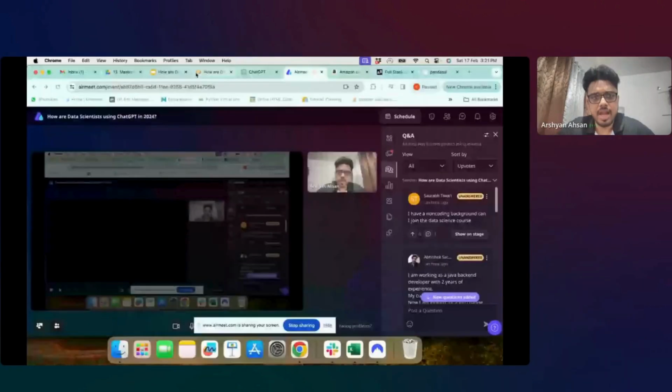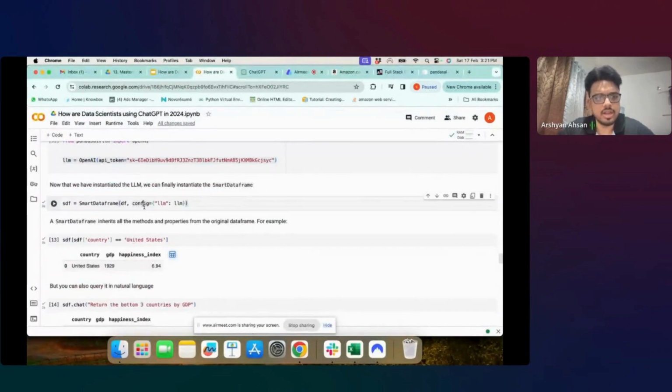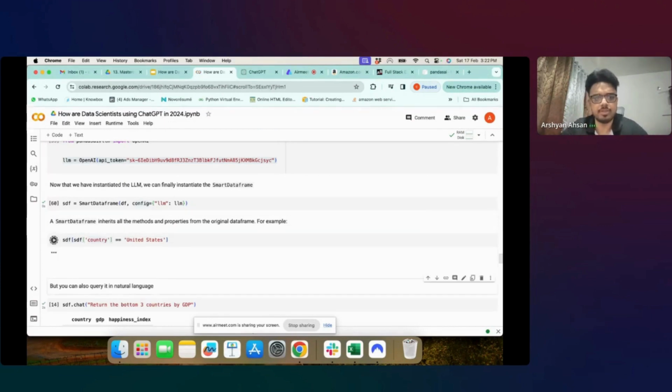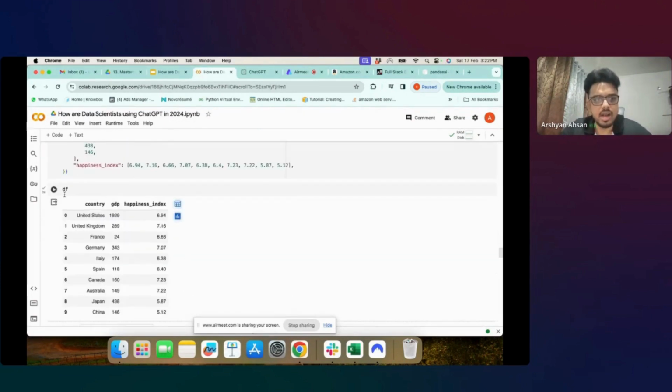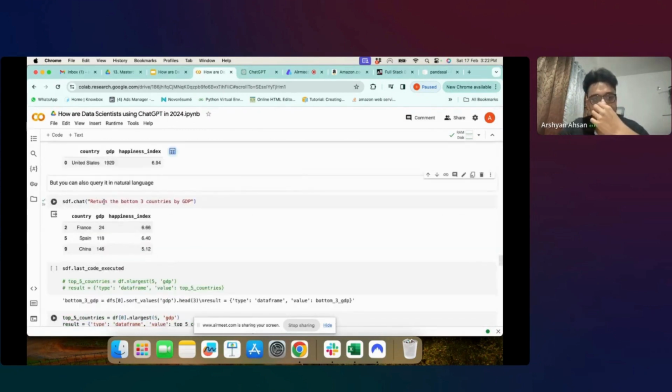ठीक है, तो अब हम ट्राई करेंगे पांडास एआई लाइब्रेरी को यूज करने का। यहाँ पे हमने बेसिकली थोड़ा बहुत इनिशियलाइजेशन कर लिया, स्मार्ट डेटा फ्रेम ऐड कर दिया। अभी मैं निटीज डिटीज में नहीं जा रहा हूँ, बट दिस इज अ वे दैट आई एम कन्वर्टिंग माय डेटा फ्रेम इनटू अ स्मार्ट डेटा फ्रेम सो दैट पांडास एआई कैन एसेंशियली वर्क ऑन टॉप ऑफ दैट। तो अब मेरा ये डेटा सेट है जहाँ पे कंट्री, जीडीपी एंड हैप्पीनेस है। नाउ व्हाट आई विल सिंपली डू इज यूज दैट स्मार्ट डेटा फ्रेम दैट आई क्रिएटेड यूजिंग पांडास एआई और sdf.chat function यूज करके मुझे जो भी करवाना है,